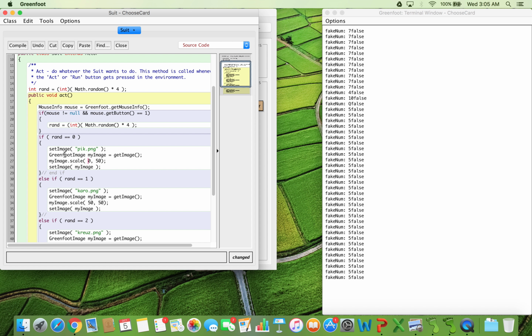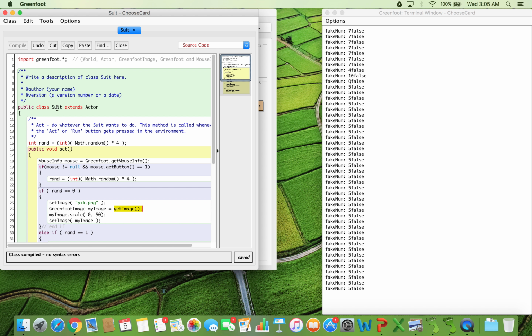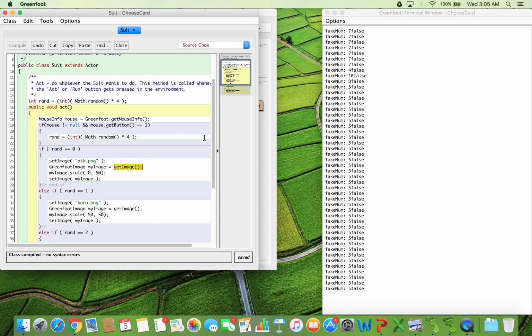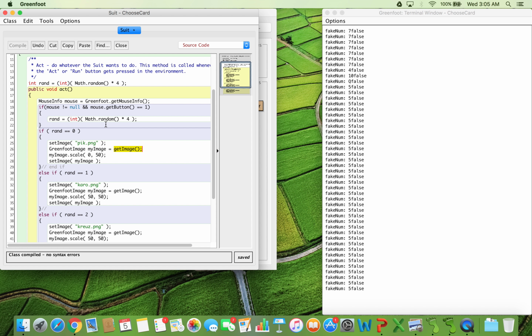You have to create a Greenfoot image object, name it, get the image that's already from the class. So in this case, it was from my suit class. So that's just get image, and it's getting it from my suit, because the suit already has an image. I loaded up an image when I first started. You can say set image at the very beginning and set an image,